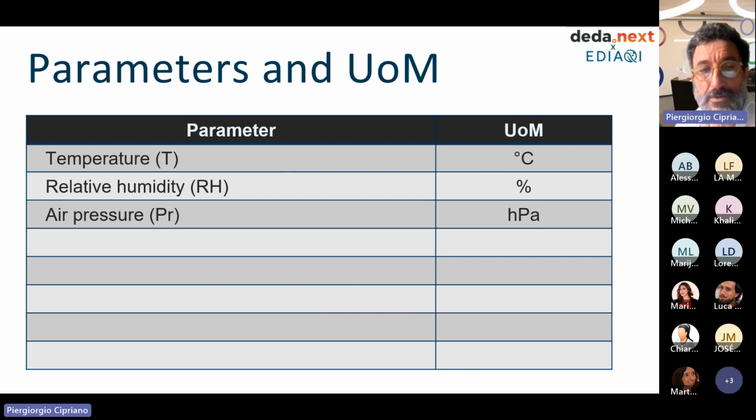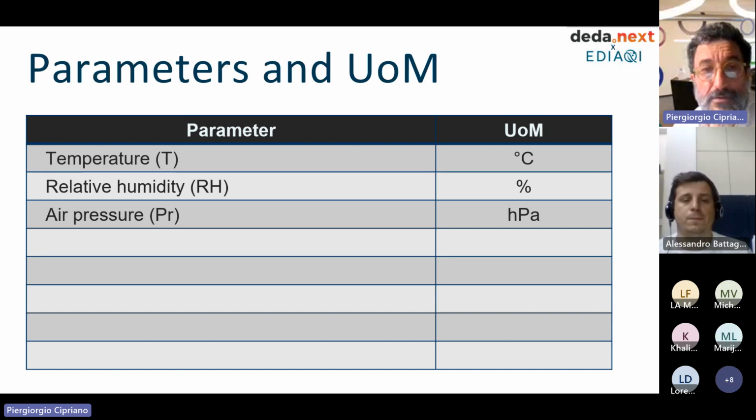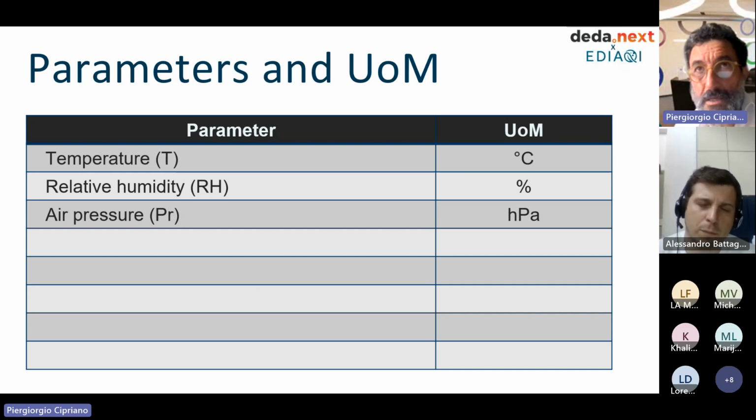And of course, when talking about parameters, we also need to consider units of measure. So the first question to be replied after this presentation is about the completeness of this initial list of parameters, and if you see any gaps, any lacks, any parameters missing here,